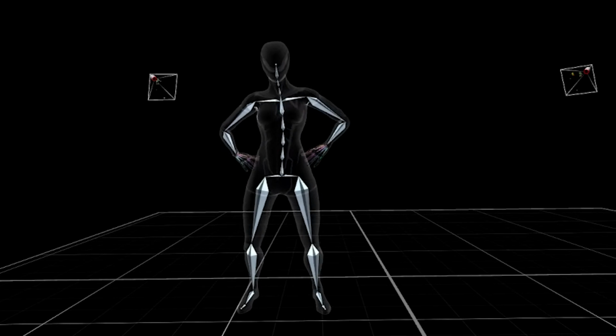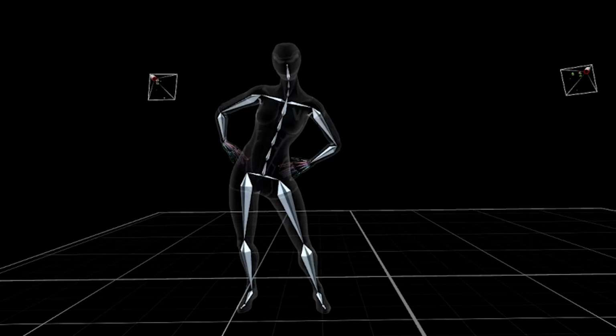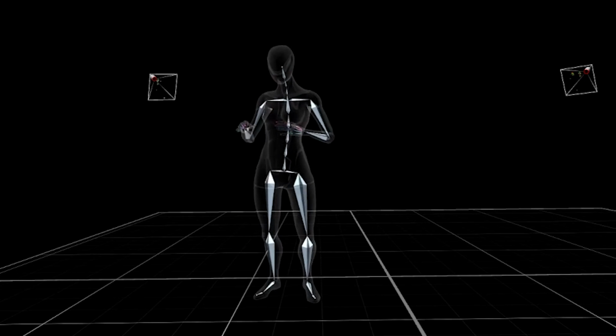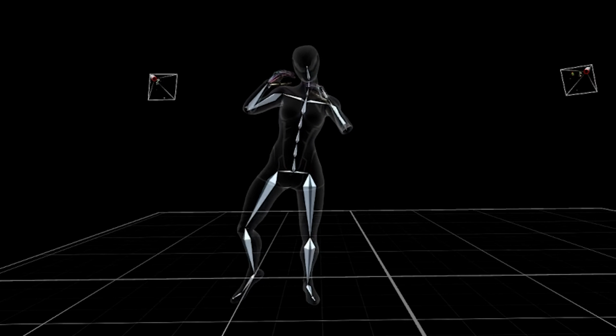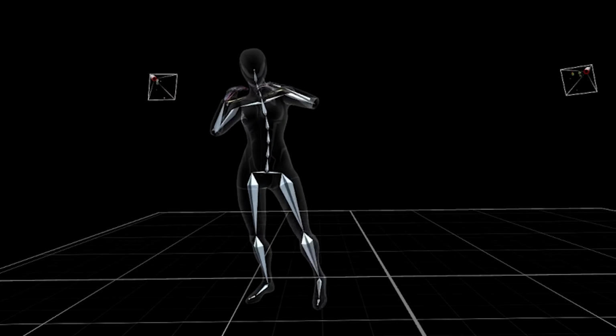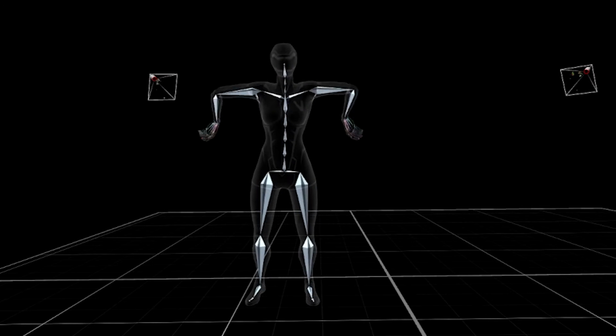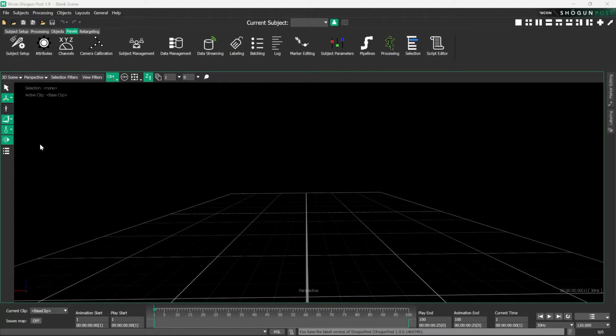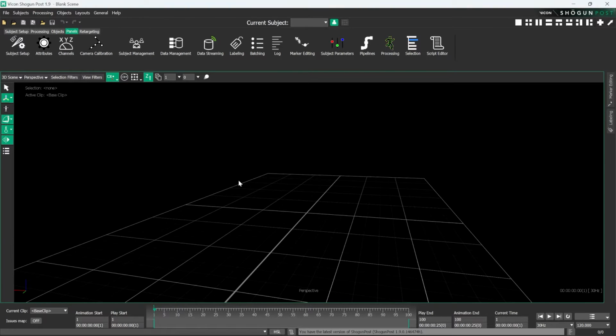For the Shogun Post retarget, you will need to capture a file from the performer you're wishing to apply the retarget to. Typically, this is a ROM captured during the subject calibration. However, it can be any capture file that you use on this character. In this example, I will be using a ROM. So once you have calibrated your subject inside of Shogun Live, you will want to bring it into Shogun Post